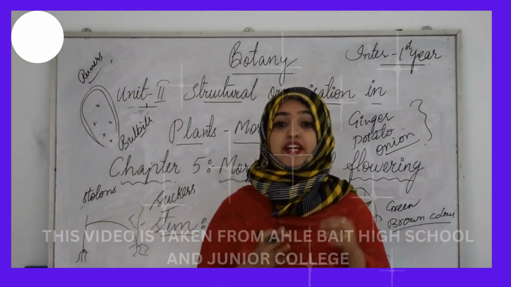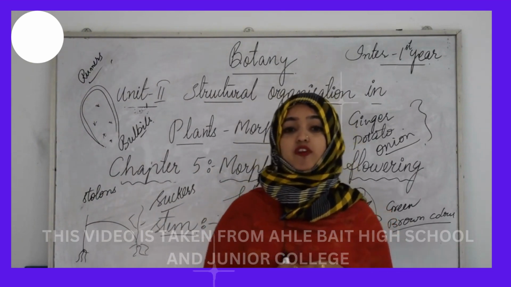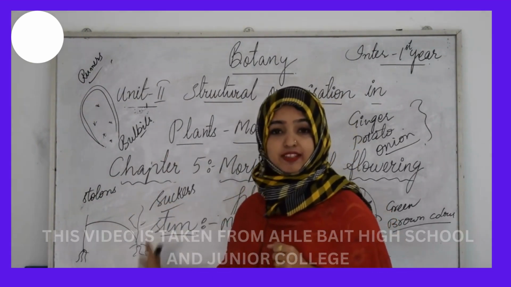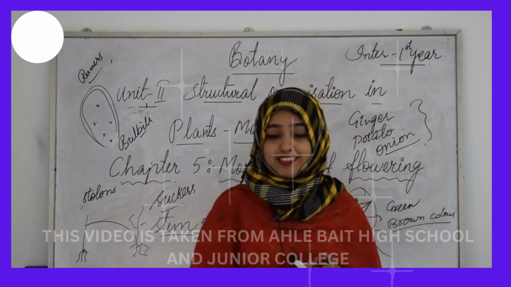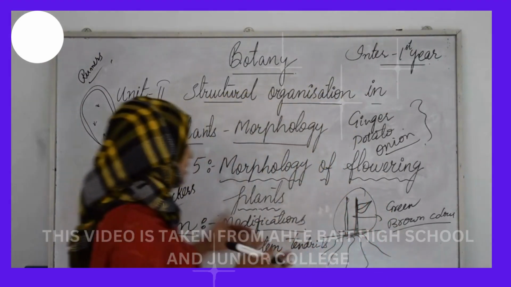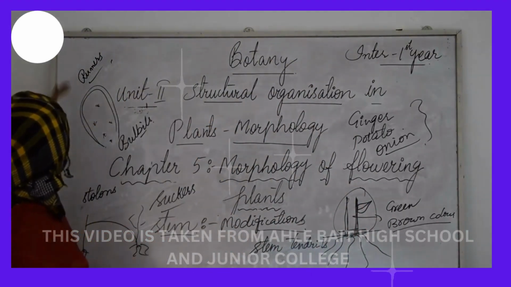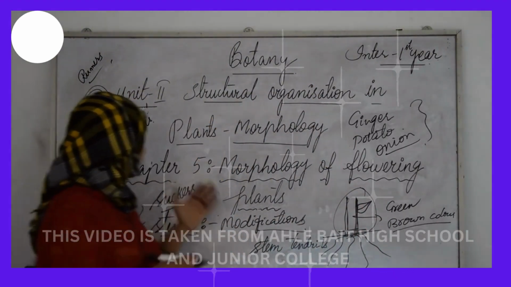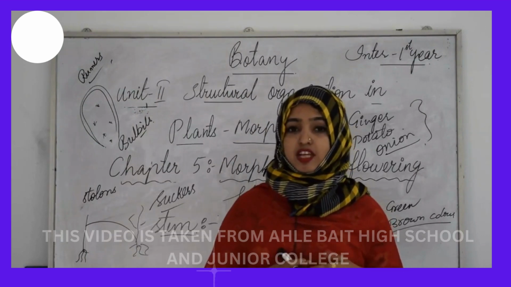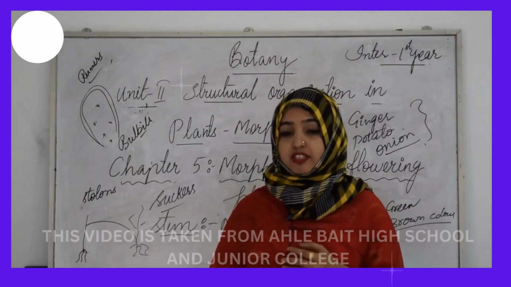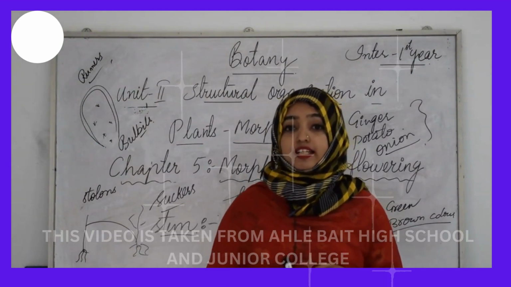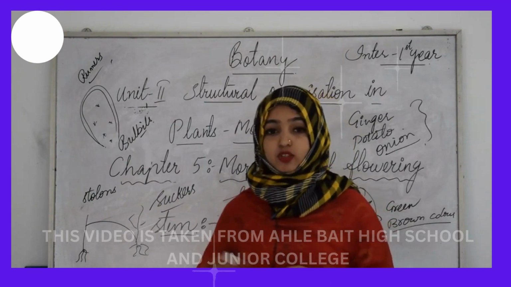And all these subaerial stem modifications are also useful for vegetative propagation. That is the use of these subaerial modifications actually. So we can see that there are certain modifications of the stem like stem tendrils, then bulbils, runners, stolons and so on, where the stem is modified into various structures depending on the type of necessity. So that was all about the stem.